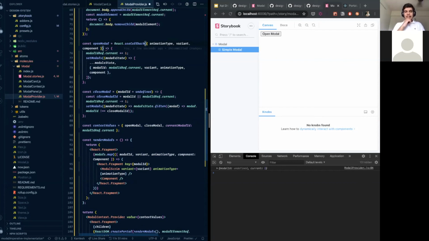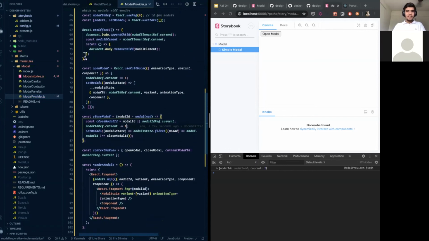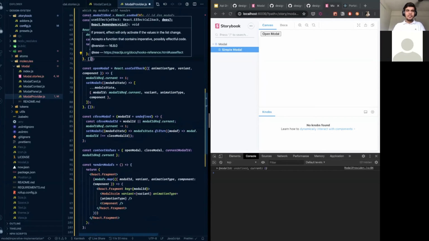Because it's in context, if you don't memoize them, your consumers would be re-rendered on every state change, right? So the better option is always to put this inside useCallback, and you want it just for the first time. The effect should also run for the first time.